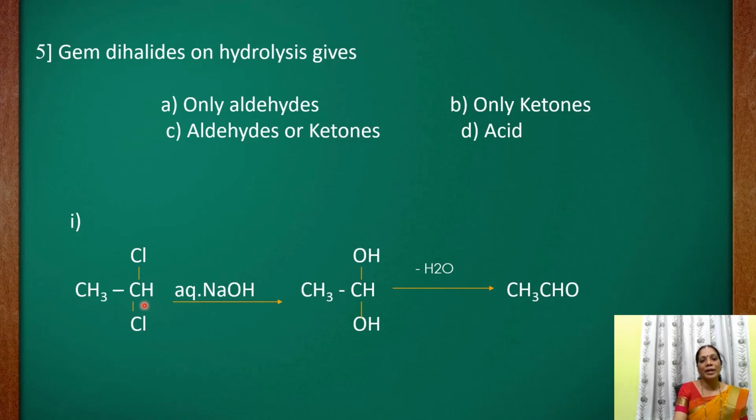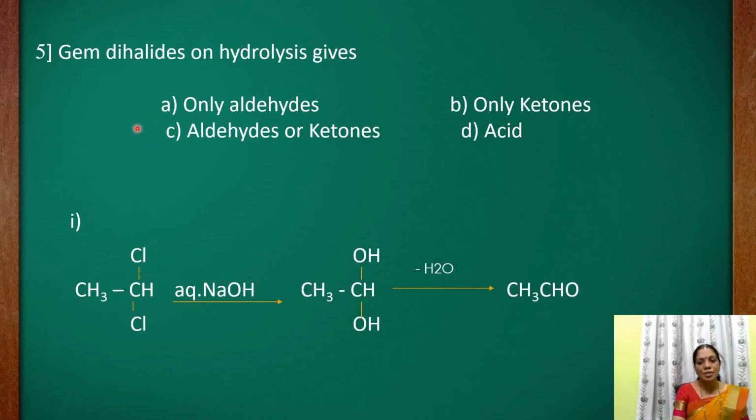Okay, if 2 of the halogen atoms are attached to the same carbon atom, a single carbon atom, then it is called a geminal. Then what is meant by vicinal dihalides? Listen here, students. Vicinal dihalide means the 2 halogen atoms should be attached to what? Adjacent, side by side. Understood? If adjacent carbon atoms contain the halogen atoms, so 2 halogen atoms are present in adjacent positions, then it is called what? Vicinal dihalides.